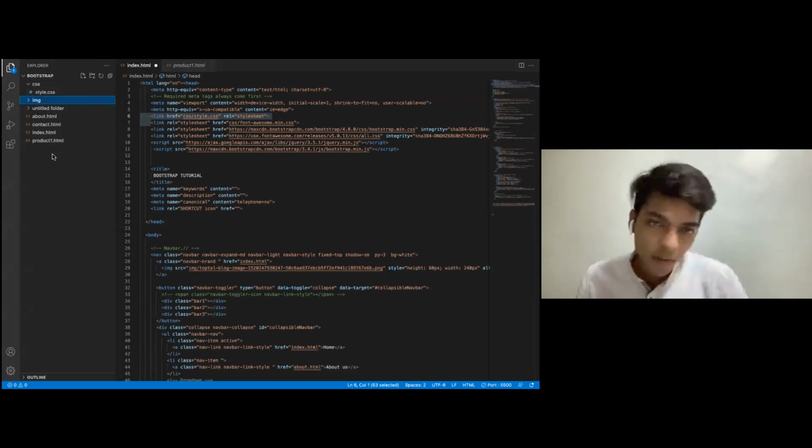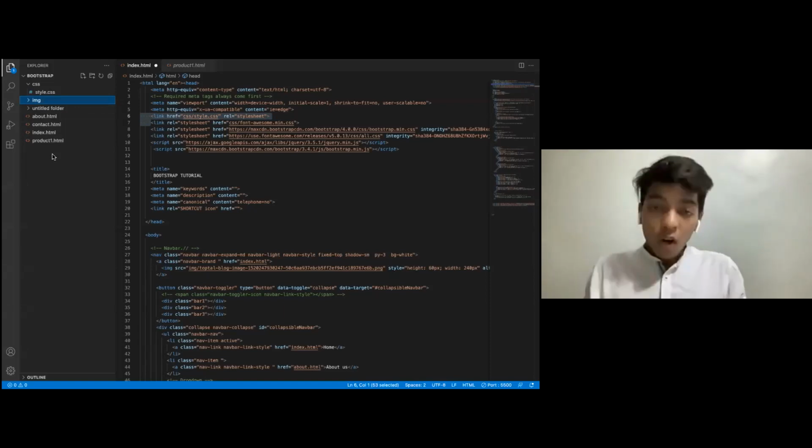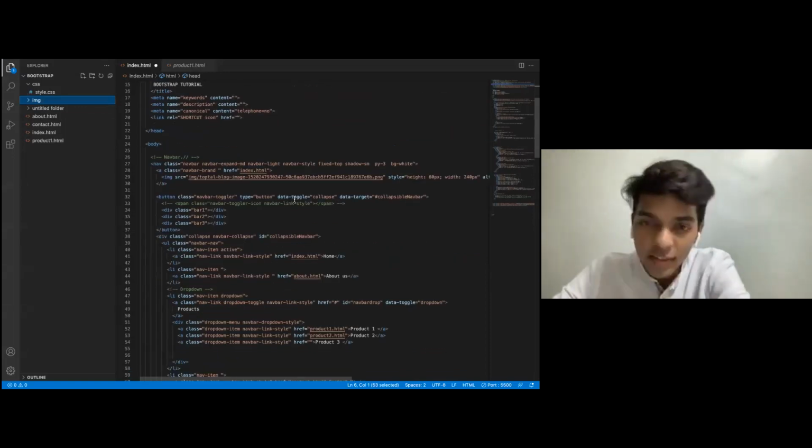The bifurcation of the pages would also be taught to you, that we have two different user interfaces, if we can say. First is for admin, second is for user. So we'll make a folder in which we put user pages in a user folder and admin pages in an admin folder. That would be taught when we jump to PHP and the live projects.